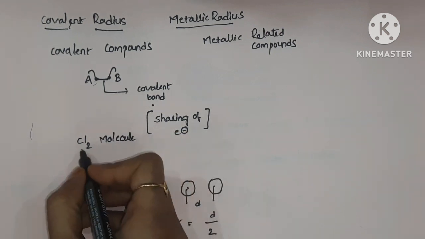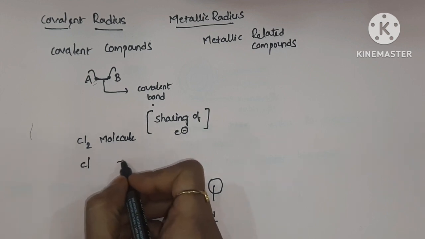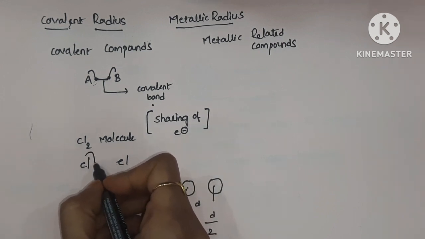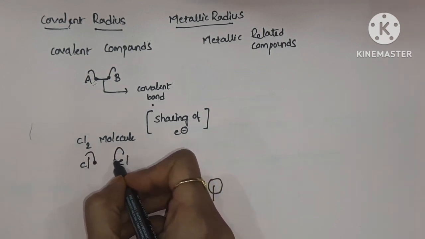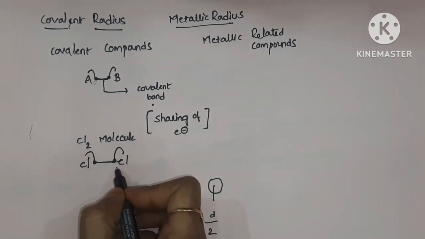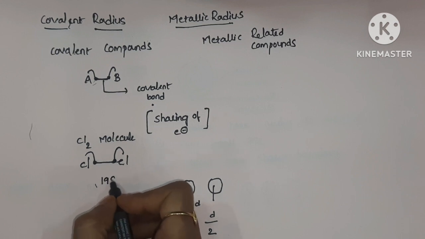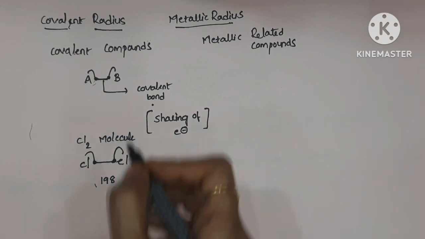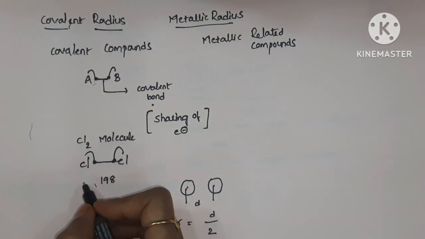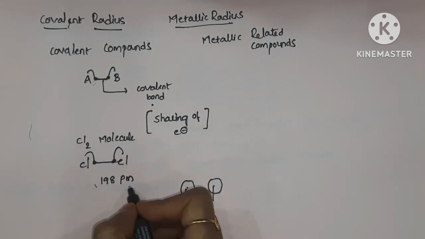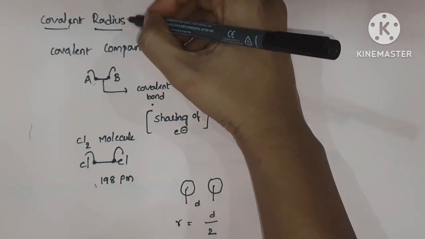Chlorine molecule. In a chlorine molecule, there are two chlorine atoms. One chlorine atom shares one electron, another chlorine atom shares one electron, and they form a bond. This bond is a covalent bond, right? The bond distance between the two chlorine atoms is 198, and the units of radius is pm,